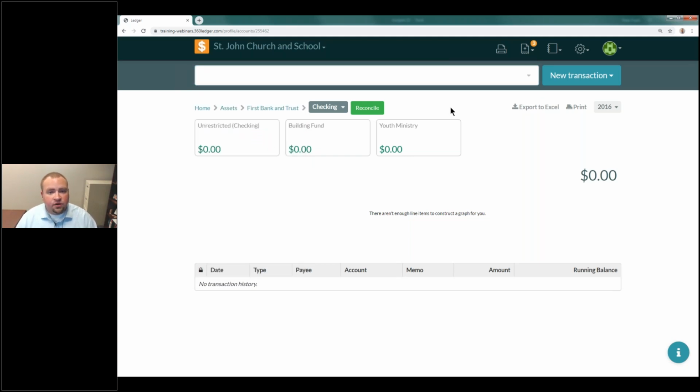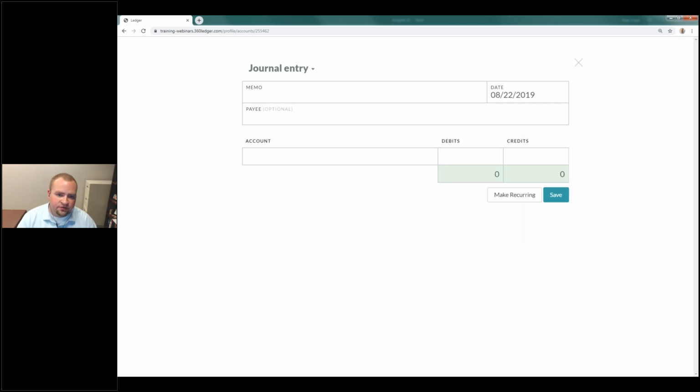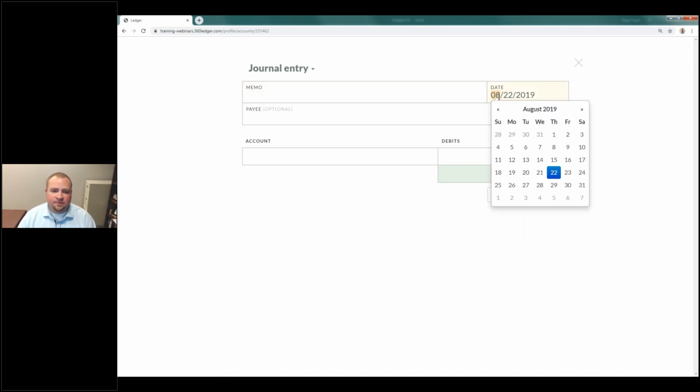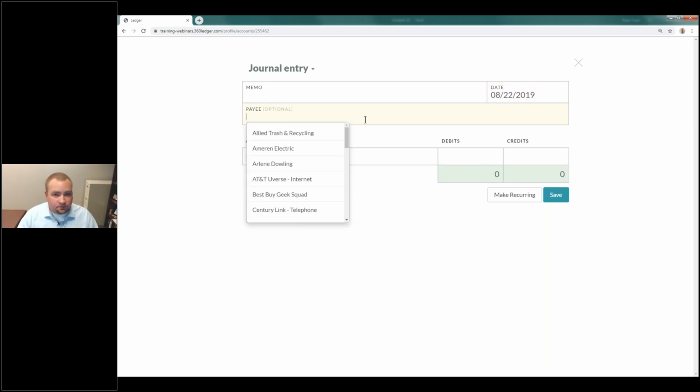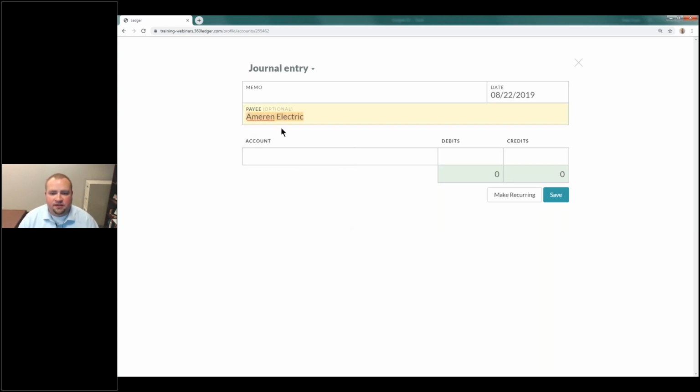But regardless of where you're at, you can always click this new transaction. Now there's 5 types of transaction paths, as we call it. They all generate journal entries. So we'll start a journal entry and just show you what this looks like. You'll see there's a memo and a date. There's a payee, which is optional depending on your type of transaction. You might want to assign it to a payee. So if you're writing a check to somebody and you want to assign it to Ameren Electric, you could put that in there. And then you just have your T chart,